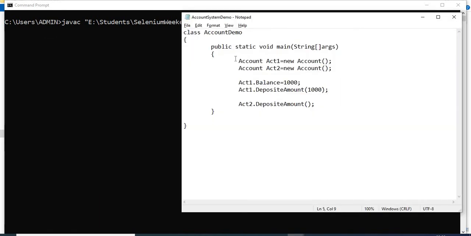So when it reaches this line, it tries to search for the bytecode of this symbol, account.class. In short, it will first search for the account symbol in the keyword list of Java. It will obviously not find it there. Then it will search the library classes of Java. There also it will not find it, because this is a class which we have defined, right?